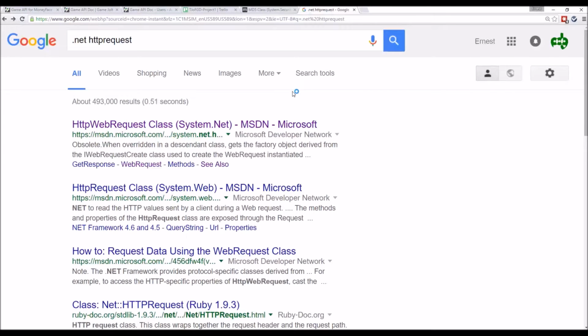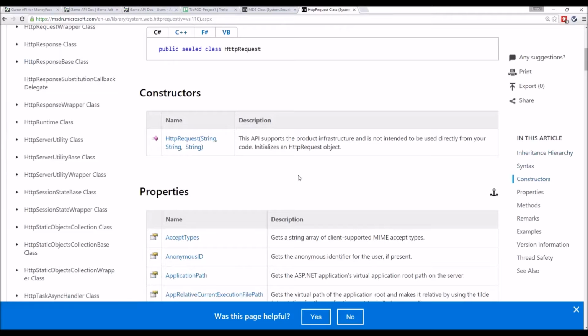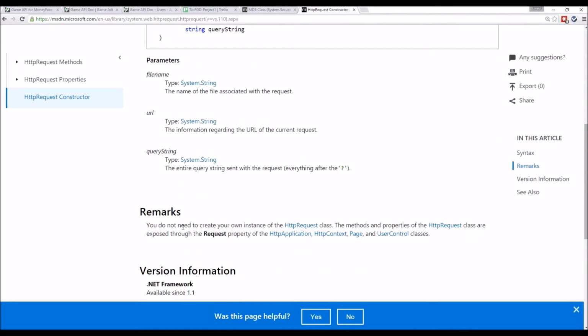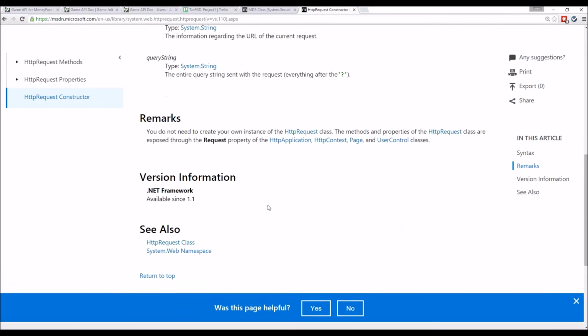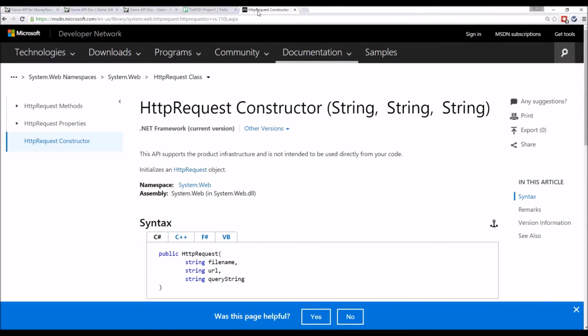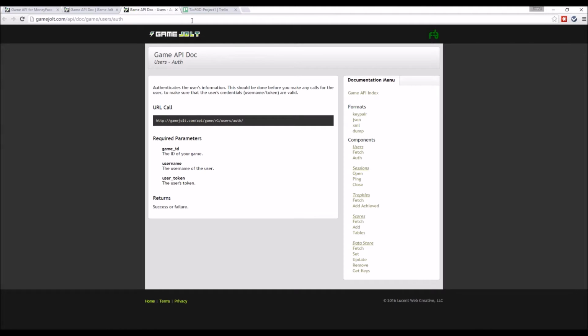Web request it is then. HTTP request? Is this the one I want? Yes, this is, I think, the one I want. So, file name, URL, query string. File associated with the request. Goes to the HTTP page and user controls. I don't. See, what I happen to know about the